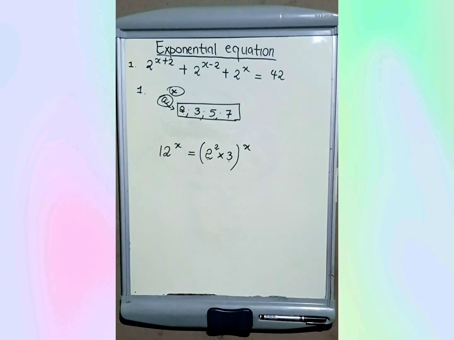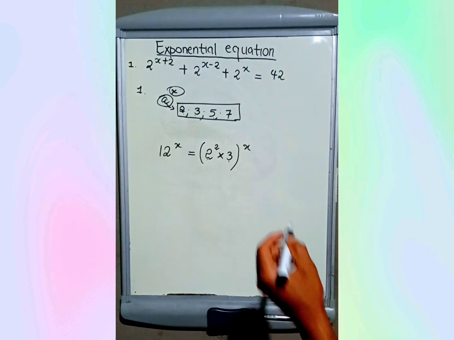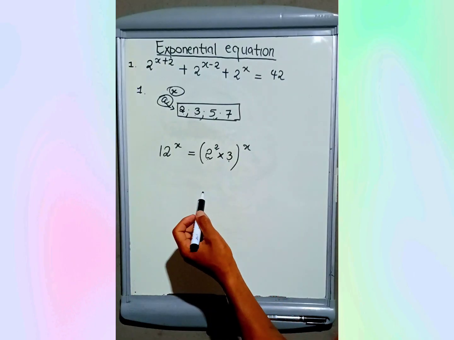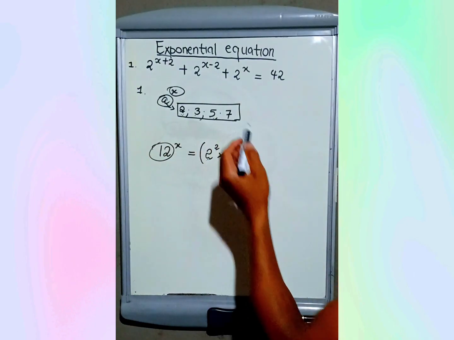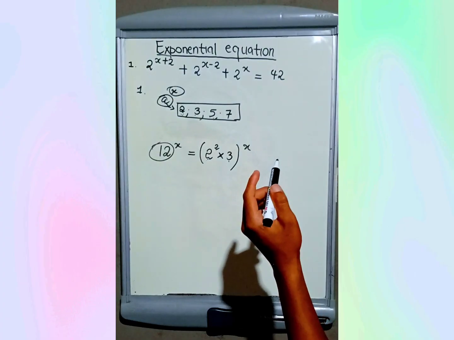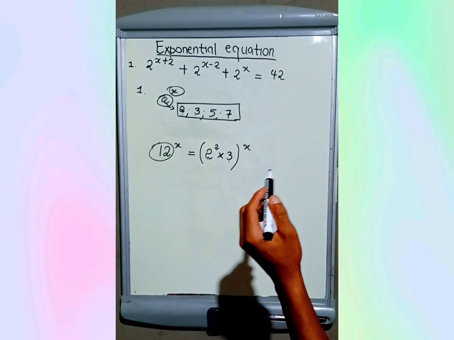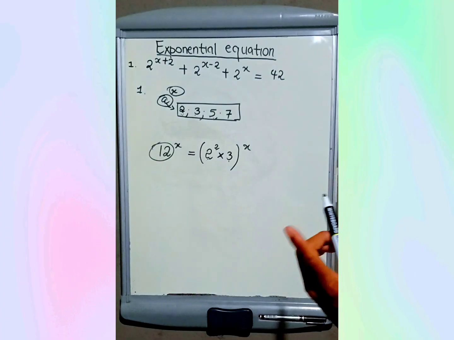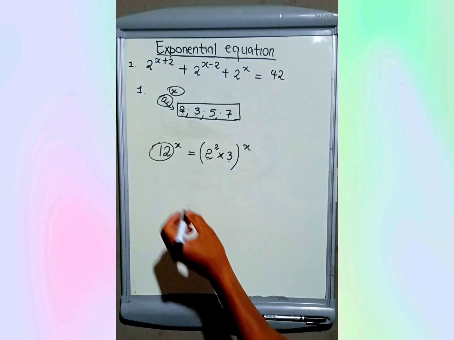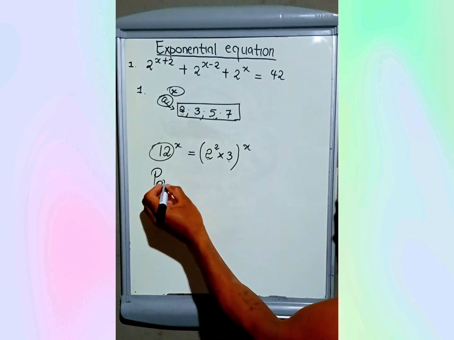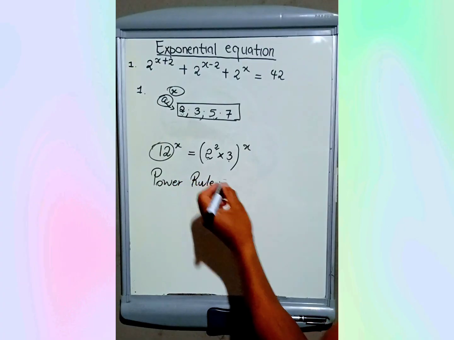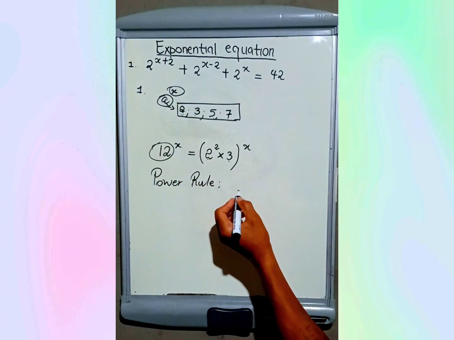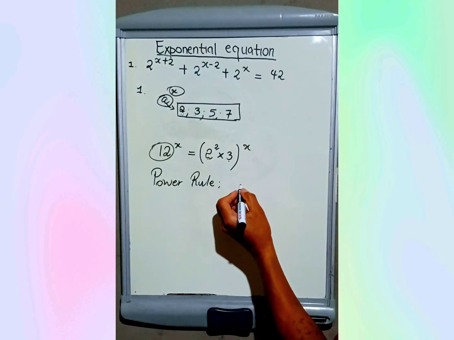Therefore take note: if we have a base that is not one of these first 4 prime numbers, then the next rule that comes out is the power rule. It is very important to take note of this. A power rule says that